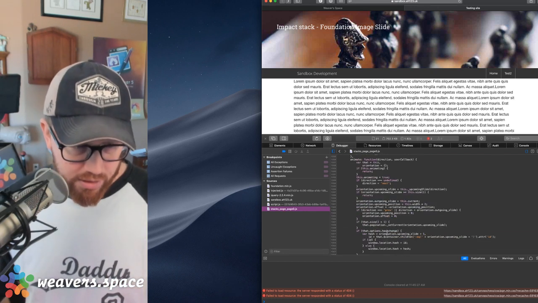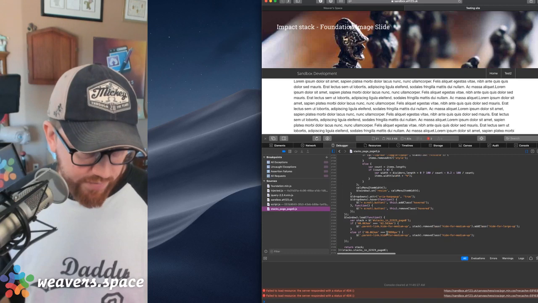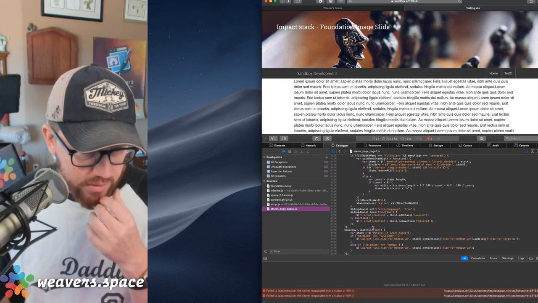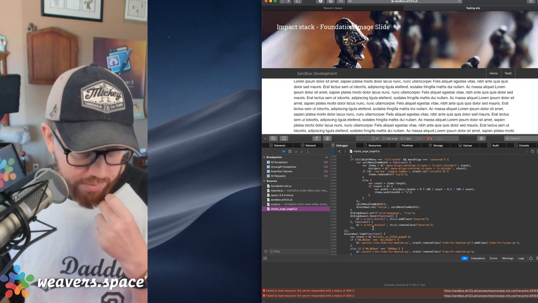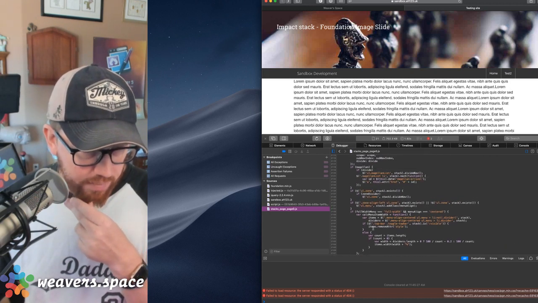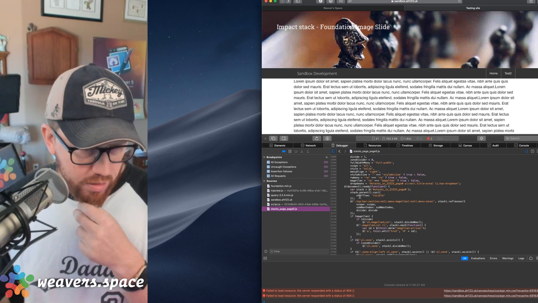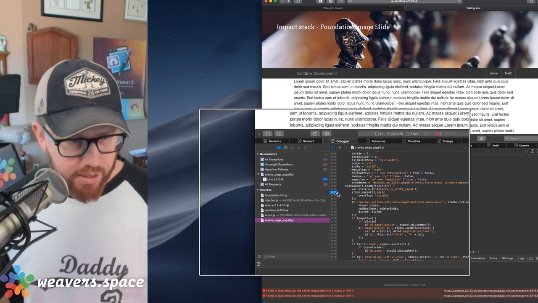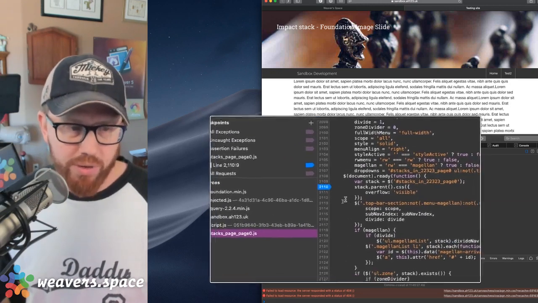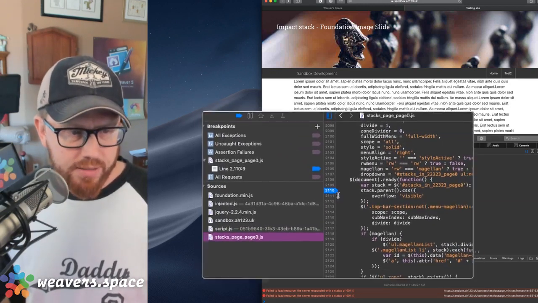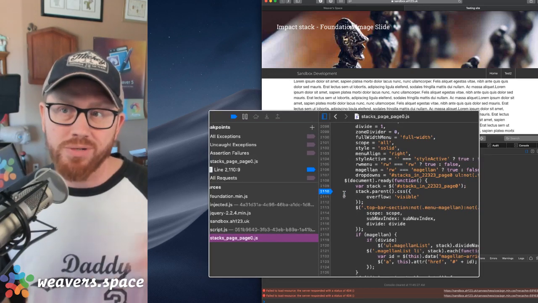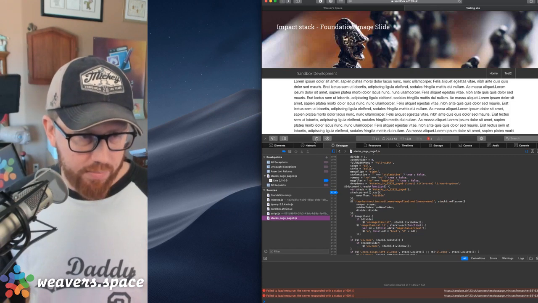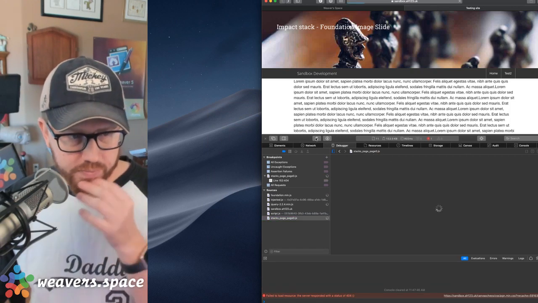So if I scroll down to the bottom of this JavaScript file, let's just do this. What I can do here is set these little things called breakpoints. What happens is when the browser hits that, it's going to stop, right? And that's pretty cool. So if I just refresh this page,